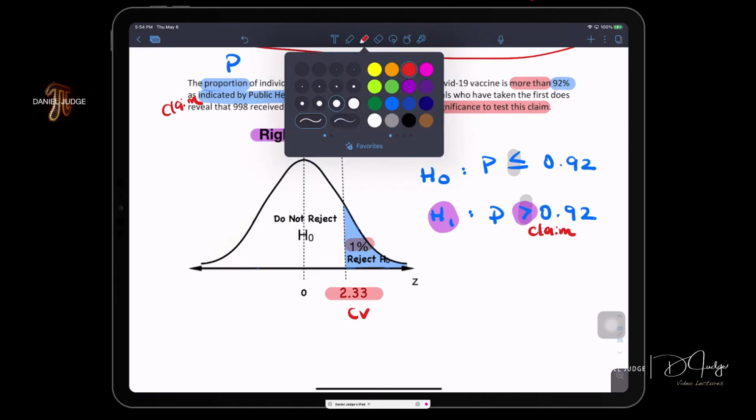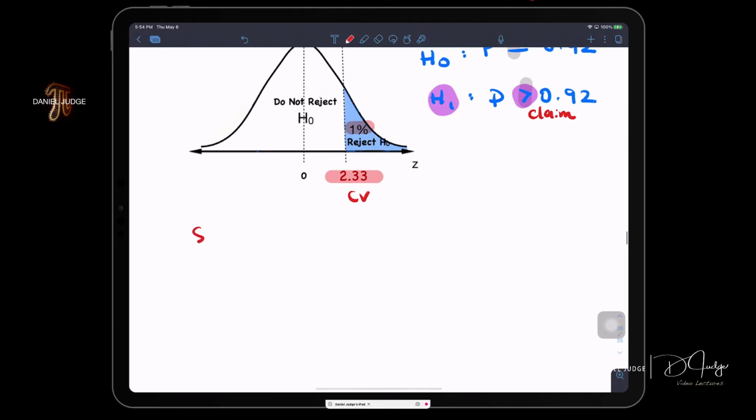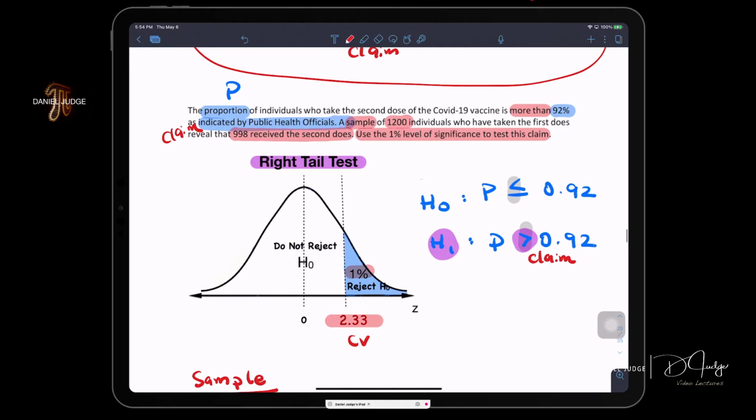So remember, the next step is going to be a sample of 1,200 individuals. That's a sample size who have taken the first dose. Reveal that 998 received the second dose. So in your sample, 1,200, make sure we write this down. I always write this stuff down. Everything that I do, I show you. In other words, sample 1,200,